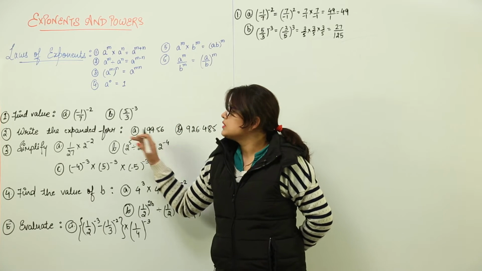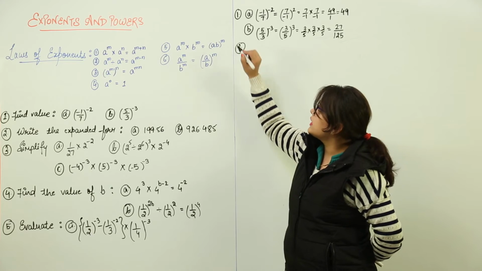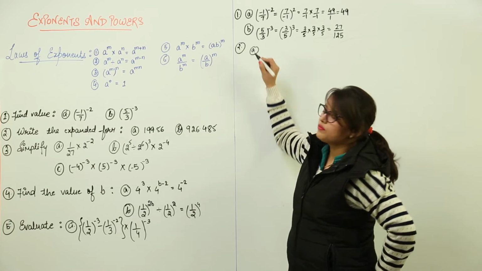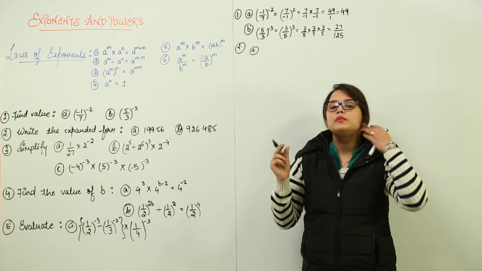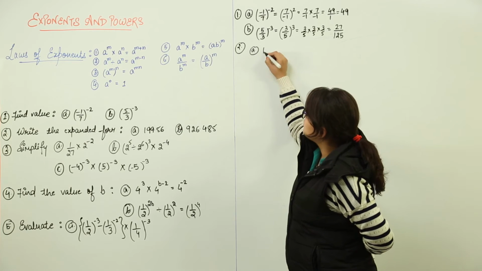Similarly, we have to do the second question. The second question says we have to write the expanded form, right? So what was the expanded form? We have to multiply the digit on the place with its place value. Now let us do the first question,